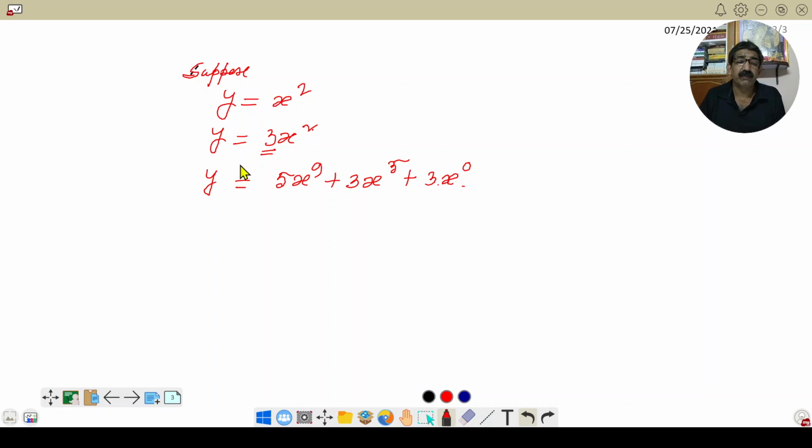So there are so many functions, according to the dependence. Now, if y is a very simple function, y is equal to a x to the power n, where a is a constant quantity and x is a variable quantity, then dy by dx, or m, is equal to the slope.